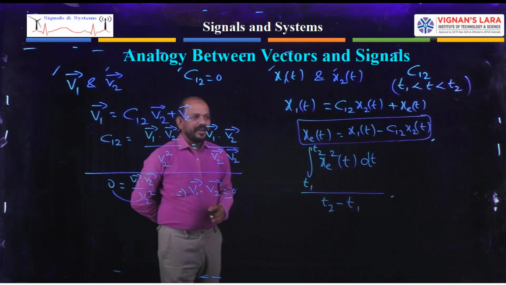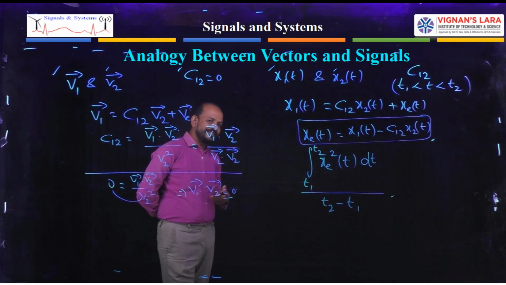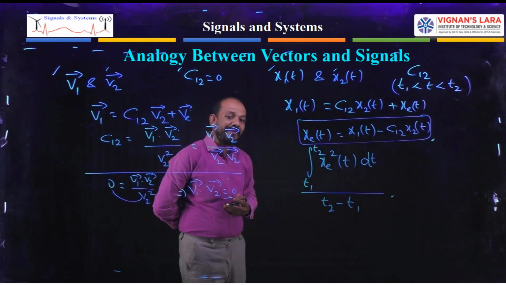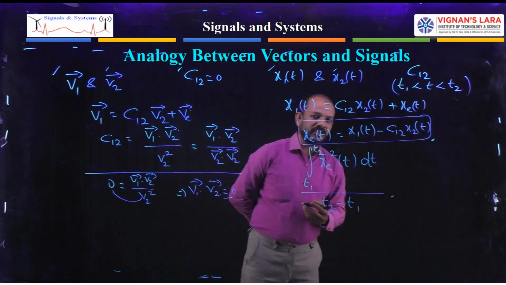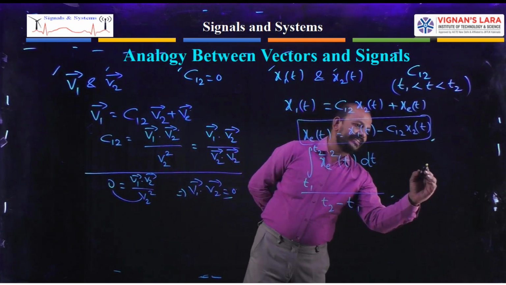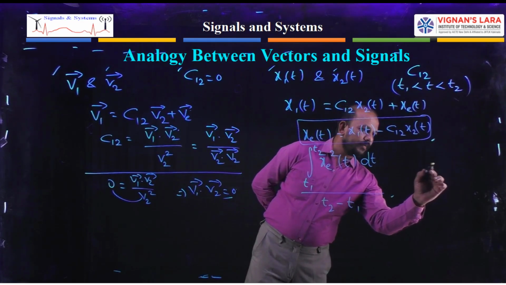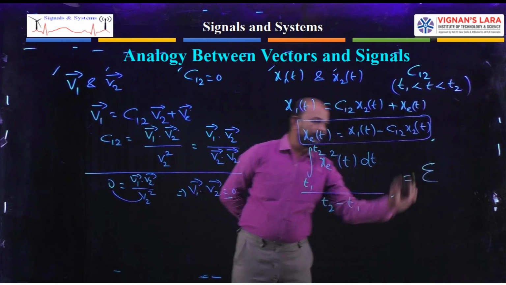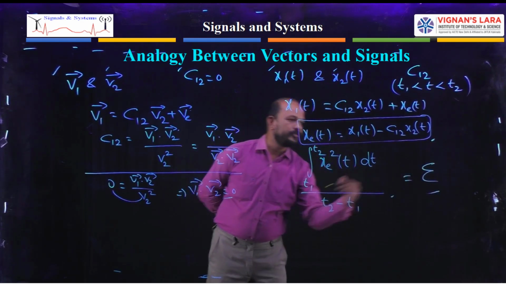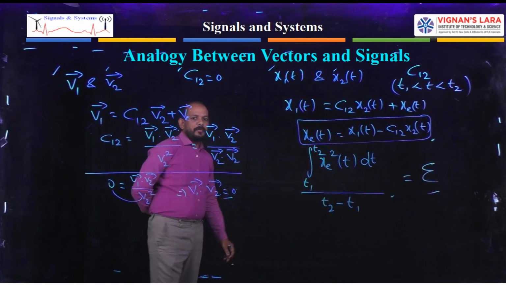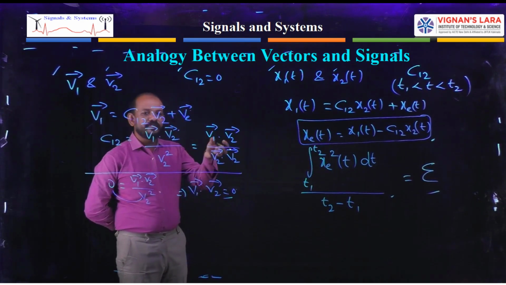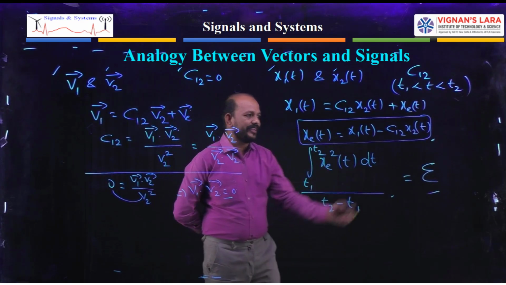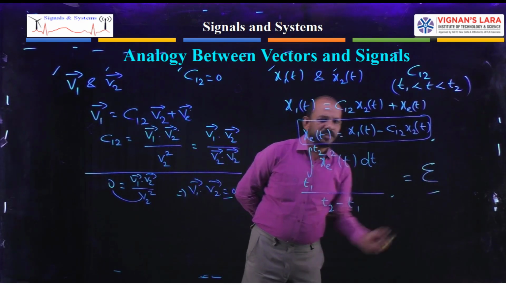Now I will denote that mean square error, or average of the square error, with italic epsilon. So I am representing all of this with the letter italic epsilon. Okay, so I denote the average of the squared error, the mean square of the error, with an italic epsilon, like this.